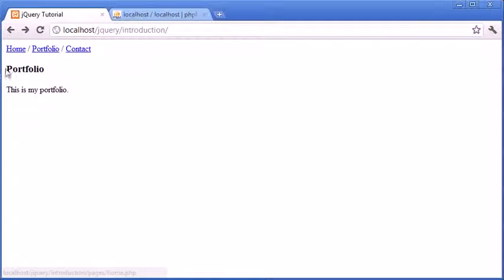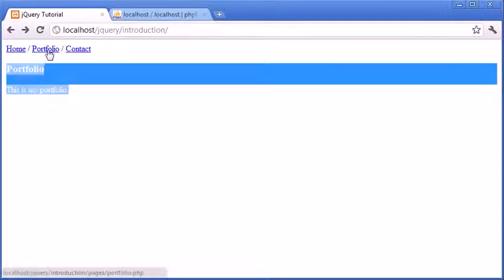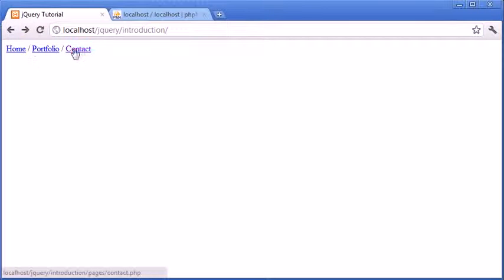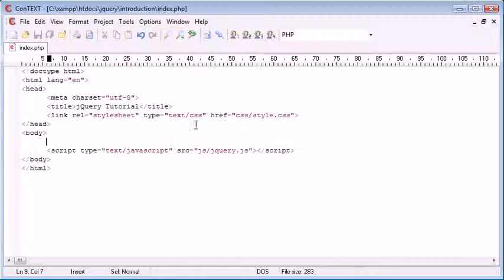So when we click home, we would have a home page up here. When we click portfolio, we would have the portfolio page that you can see, and the same with contact as well. So now these links are loaded in with a href. However, instead of actually refreshing the page and linking the user to another page, it just brings in this content here, and we get this nice fade in effect with it as well. So that's a quick demo of how it works. I'll go ahead and refresh the page, and now that's blank,